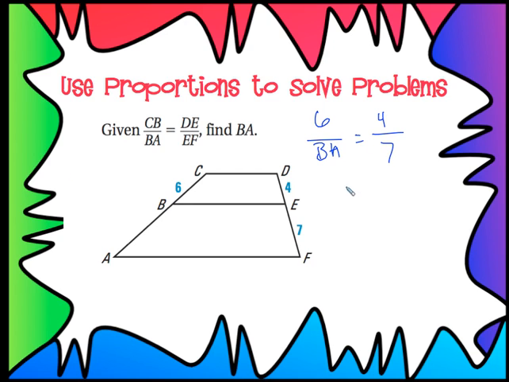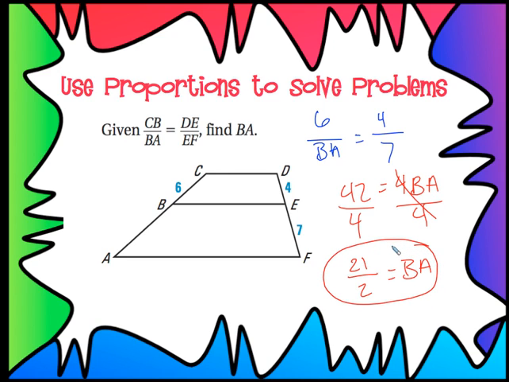So 7 times 6 is 42. 4 times BA is just 4BA. I would divide both sides by 4. Oh my word, that's going to be a fraction. 42 divided by 4 is 10.5. I would put it back into a fraction just because that's how we do it. On homework or a test, if I don't specify, it would probably be fine to be 10.5. The problem is this paper's on Socrative and they're all in fraction form, so it's best to just get in